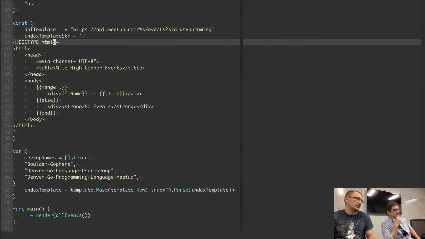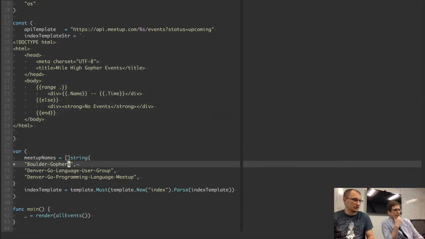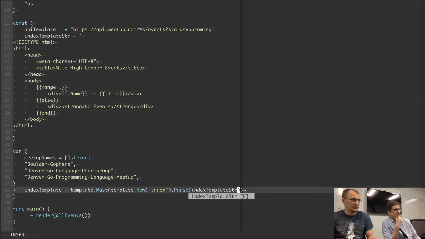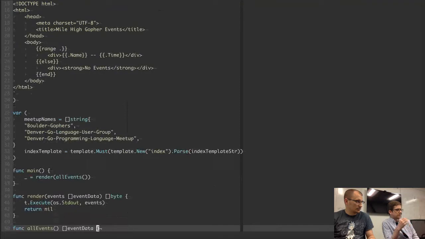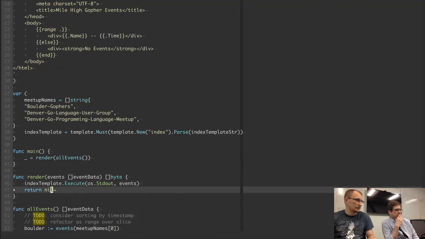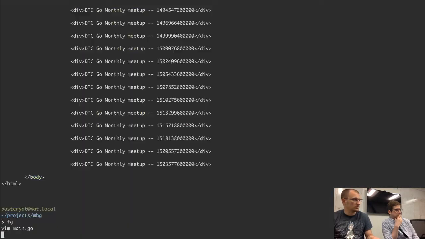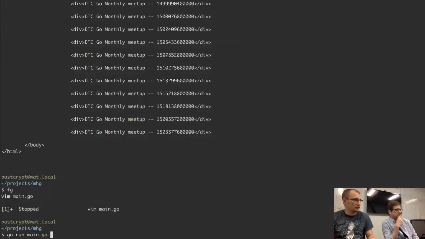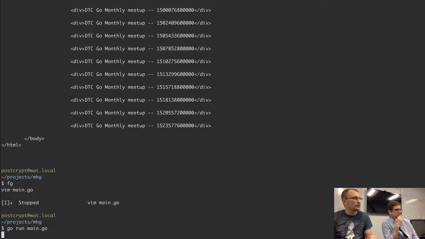Sure. I don't like putting types in variable names, but for now, that's cool. All right, so we got our index template, and then back here we say index template execute events. That should build still,